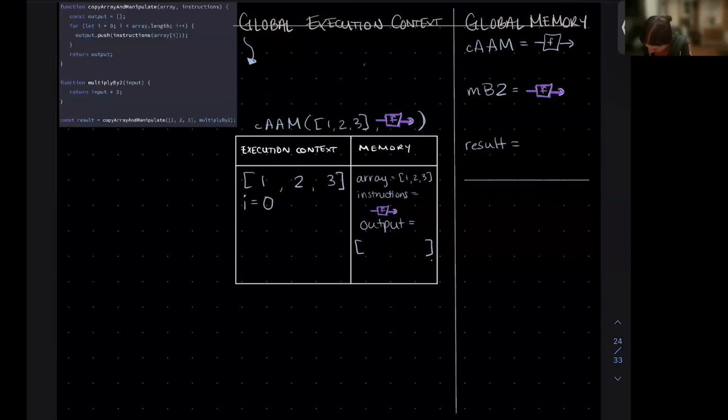And what is our condition here? Then we go and check if I is less than array.length. And array.length will evaluate to 3 in this case, so that should pass as true. Awesome. And then we'll enter the code block and to the output array,